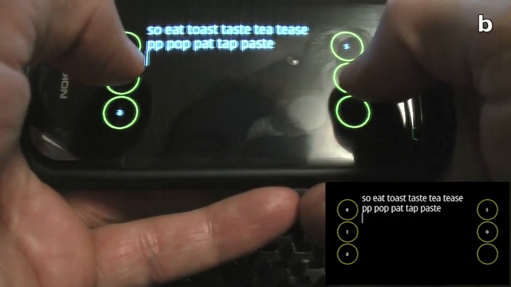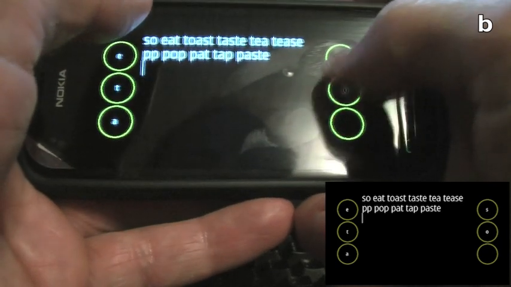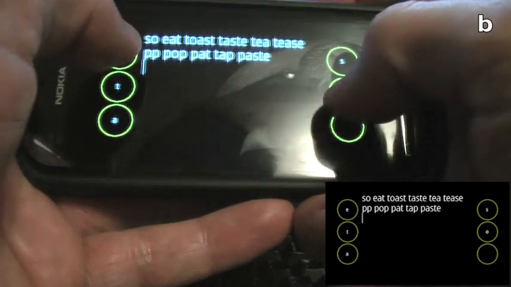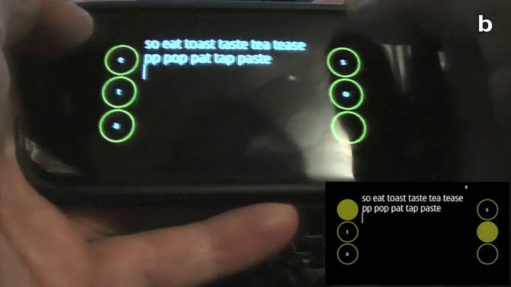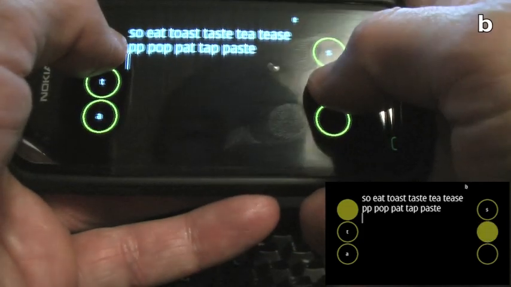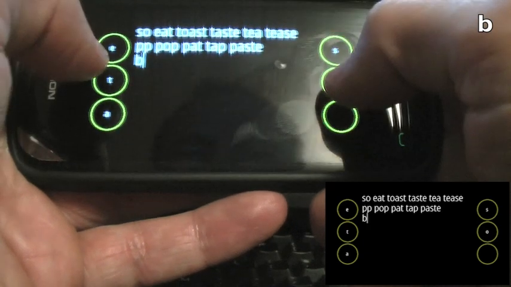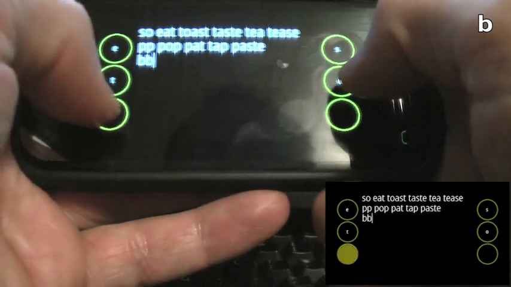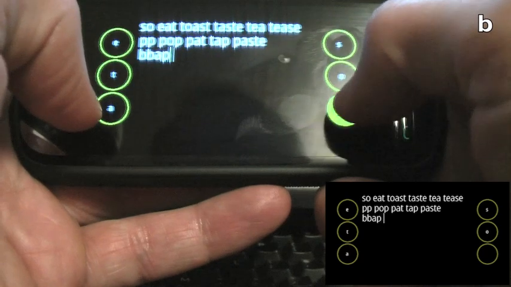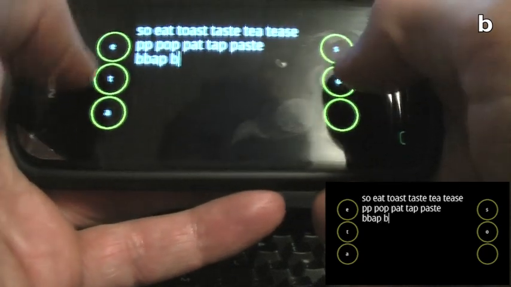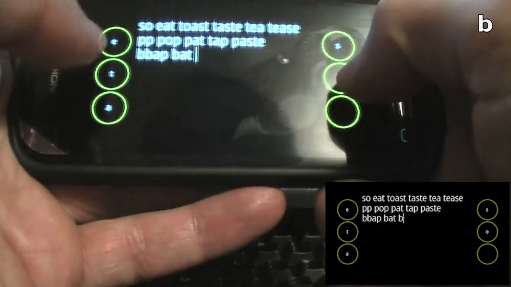Well, B is the P the opposite way up, so if you think of the round base of the B as being the O again, and then sloping the opposite way, the tail would be up here, so the two together would give us B. So we can do bap, we could do bat, and we could do